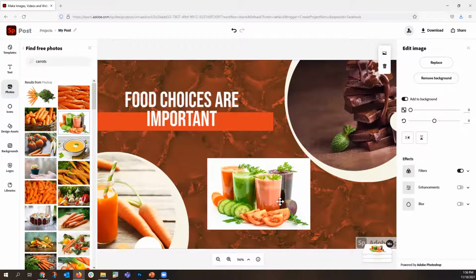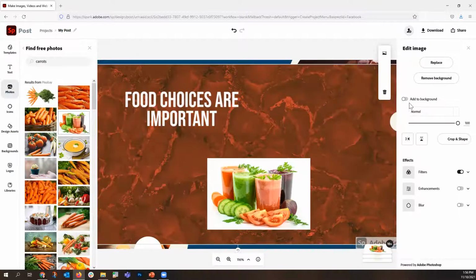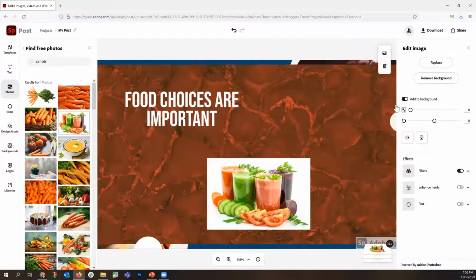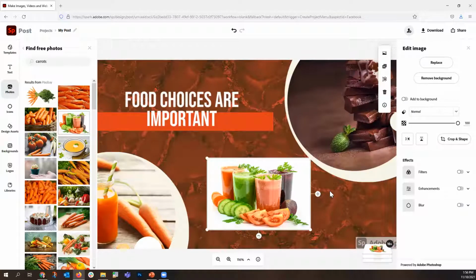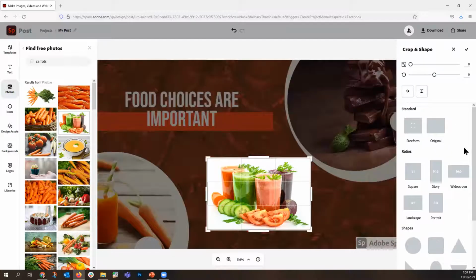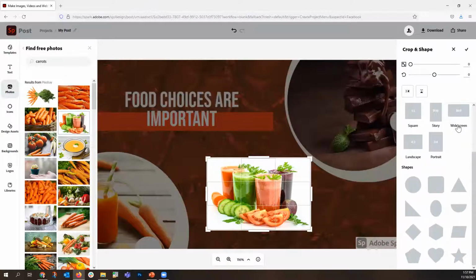And I can do the same thing to it that I could before, right? Over on the right-hand side, I can do filters, adjustments, enhancements, blur the image out. Whatever I need to do to this particular image. Now, if I look over on the right-hand side, notice I have crop and shape. If I select that, it allows me to